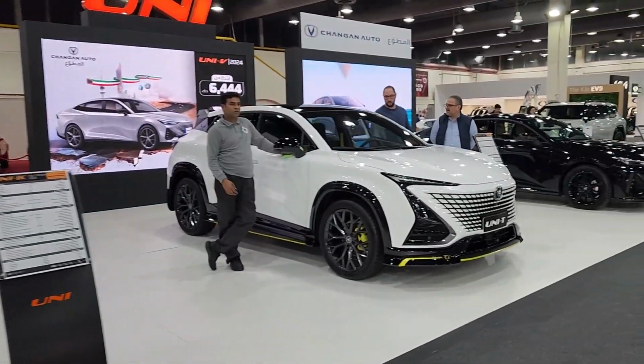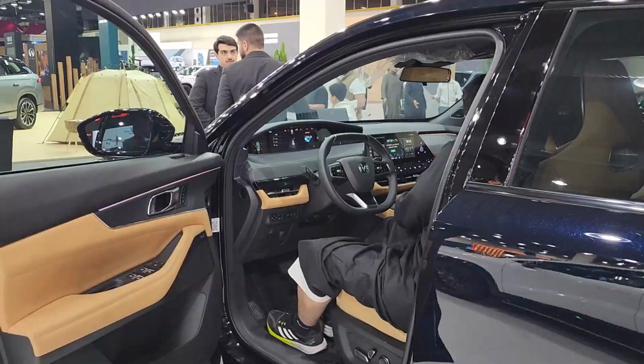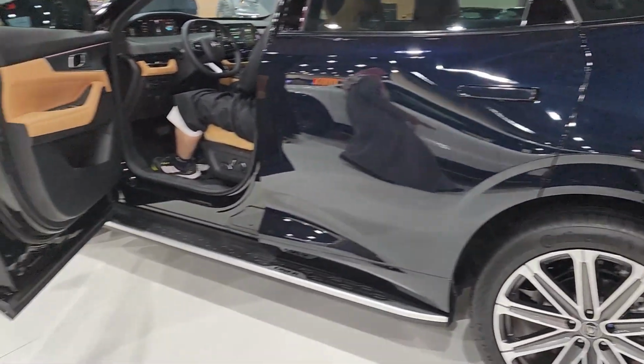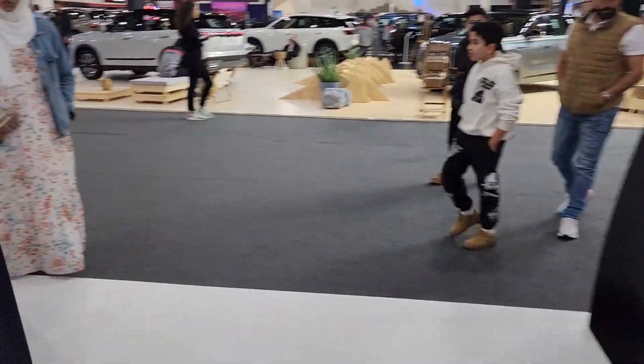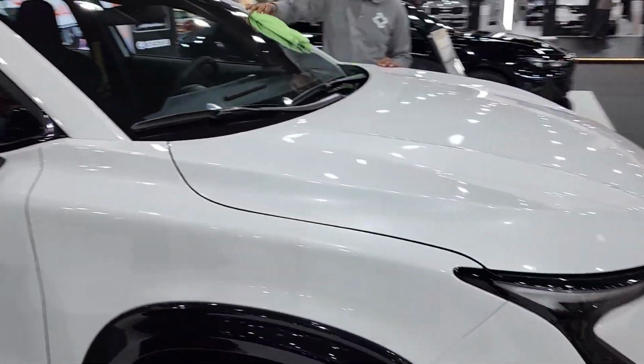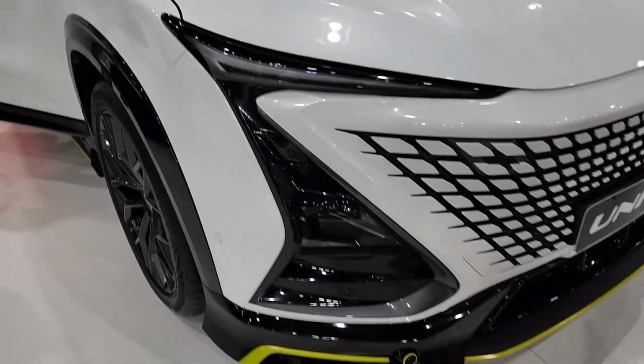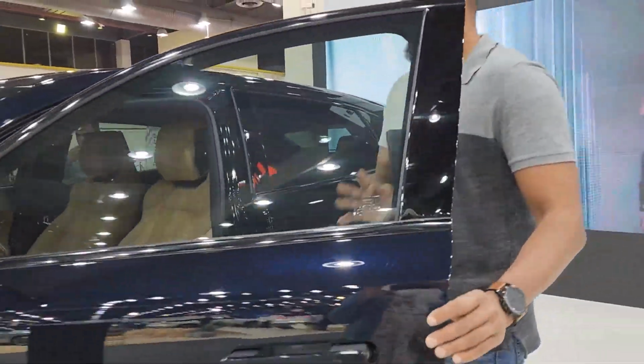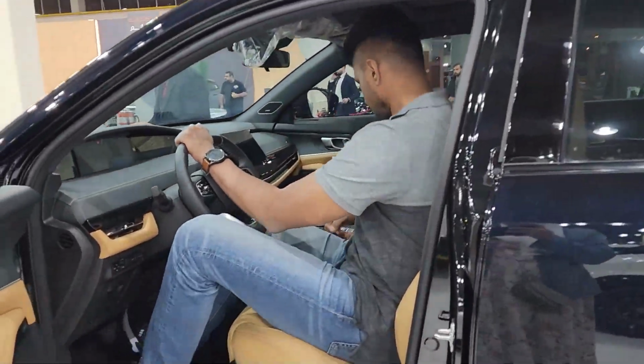So Uni K, Uni T and Uni V were on display. I saw Uni K's interior. It has a very futuristic interior. We checked Unity as we are planning to get a car in the next 3-4 months. We sat inside. It had a sporty look and was really good. Then I personally sat inside Uni K just for my experience, but the car was switched off,